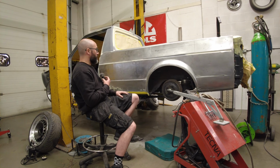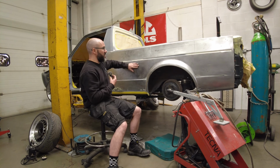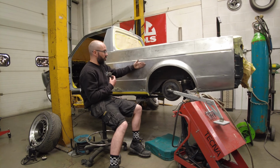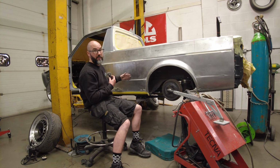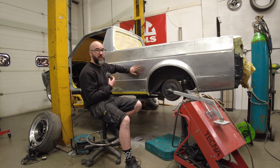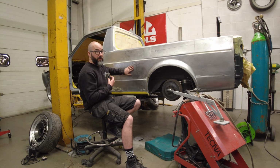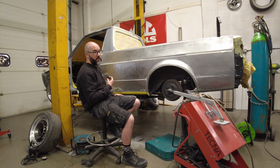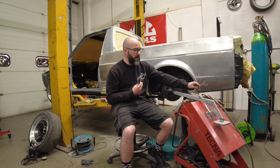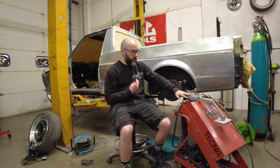So the problem we have is that this is double skin, so you've got a cavity on the inside, but you cannot reach the back of the outer skin. So that's where we get issues, because you can't get behind there to stretch, planish, shrink, anything like that. Everything's got to be done from the outside. So the method, or the methods I'm using to do this, a lot of wiggly wire on the spot welder,